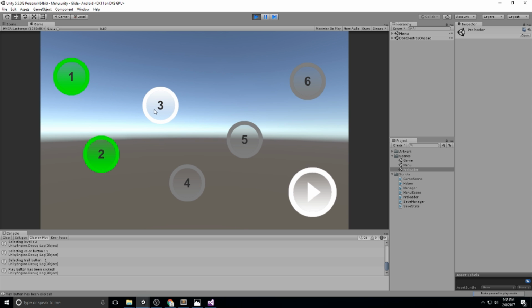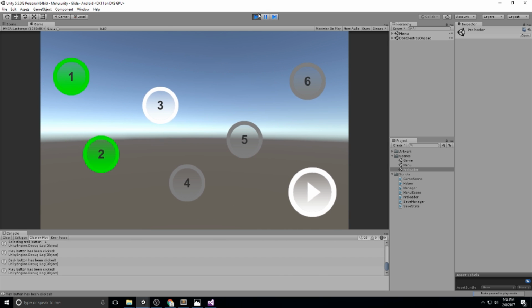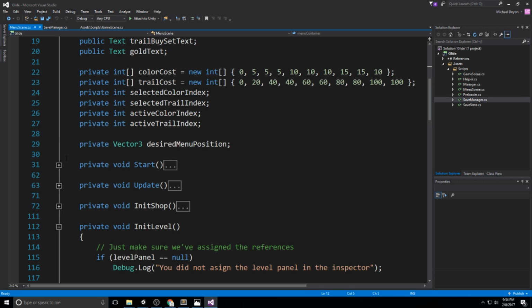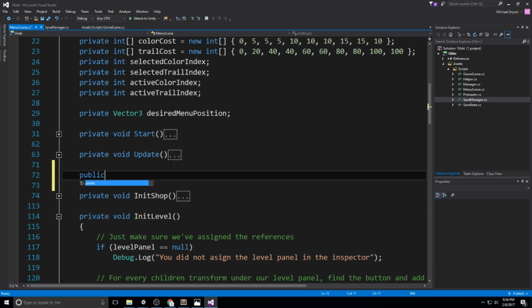It's the fact that when we complete a level, I want to be put back on this very menu, not on this one, on this one. So we have to go back in the menu scene and just start coding, just a little bit of polishing again, just to make sure everything is really easy and fluid and fun to play with. We're going to be declaring a new function. So back in the menu scene, at the very beginning, over here, I'll create a public function